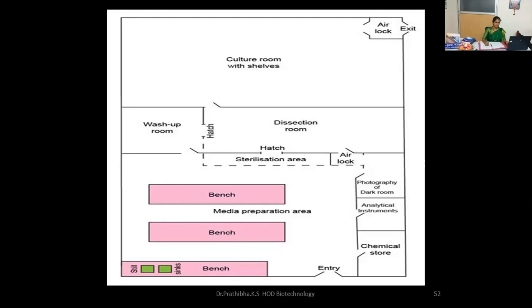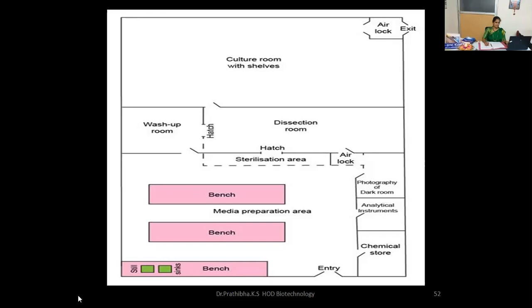In this general laboratory, you can find the hot air oven, autoclave, weighing balance, pH meter, and distilled water unit. Here the distilled water unit is very, very important. What is distilled water? Distilled water is water from which impurities have been removed through distillation. Distillation involves boiling the water and then condensing the steam into a clean container, and what we have collected is used as distilled water. In the market, various glass and steel water distillation units are available. Any one can be purchased.